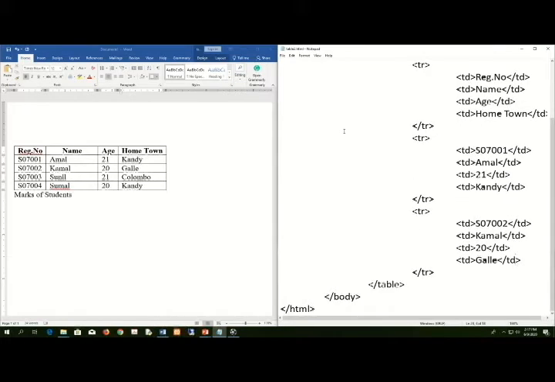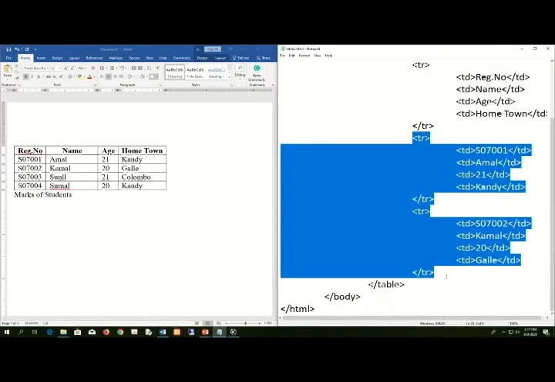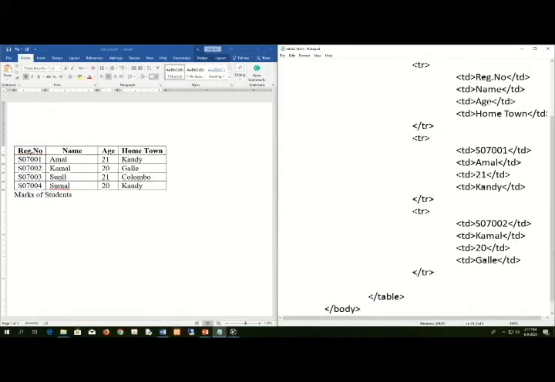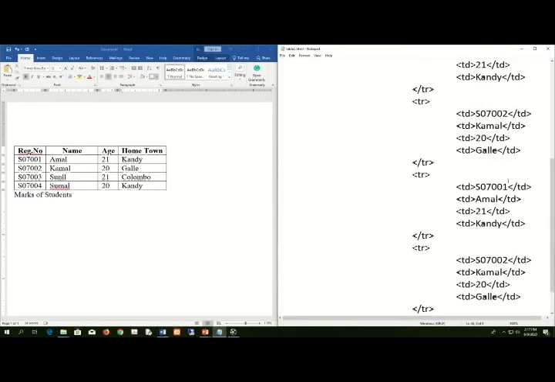Okay, for the time being I copy these 2 rows and paste them in. In your case, you can practice this, right? So this is the third one, that is Sunil, and this is 21, this is Colombo, and this is 4, name is say Sunil,